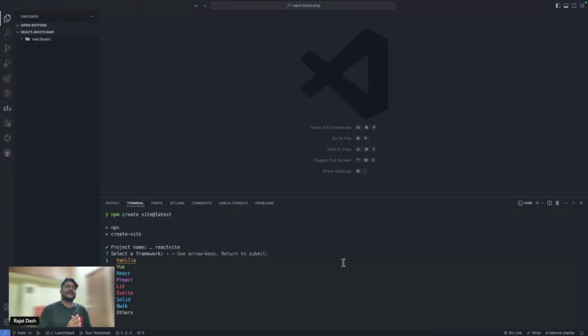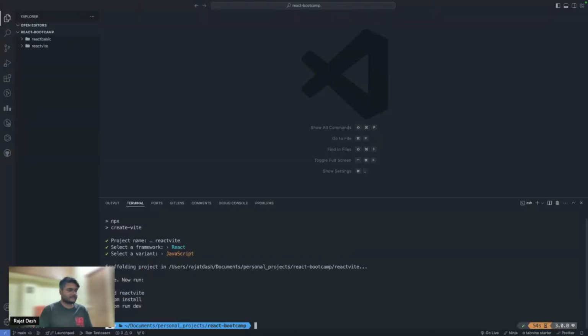Web applications can be made through these libraries. For the time being, we need to do it in React, since it is a React bootcamp. I'll simply select React. A lot of options there: TypeScript, TypeScript plus SWC, JavaScript, JavaScript plus SWC. Need not worry, simply JavaScript.